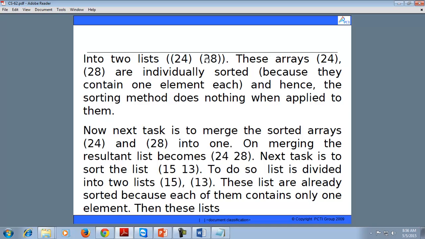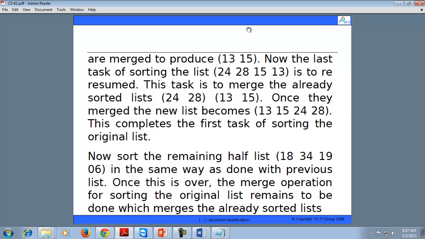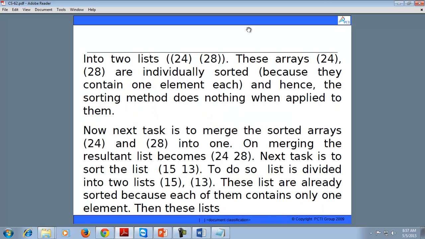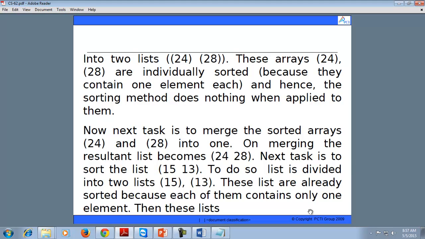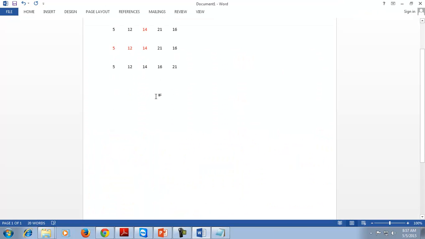Like this, we will divide the list until you get a single element of the array. Then after dividing, the next step is to merge the lists in sorted order. We will see the process of merge sort with the help of an example.